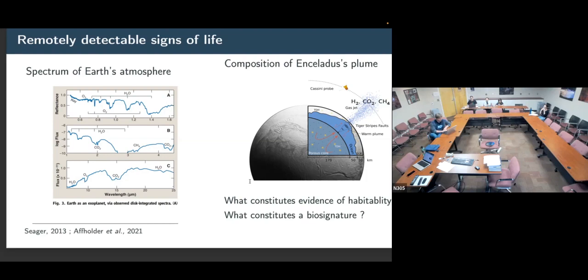In the solar system, on the right-hand side of this slide here, I show Enceladus, which is a moon of Saturn that is an icy moon, but it has a subsurface ocean that sort of spews out in space in the form of those plumes that we see on the figure here. And those plumes were visited by the Cassini probe, which was able to assess the composition of this plume for certain volatile molecules.